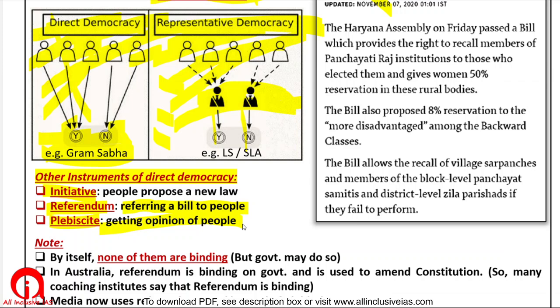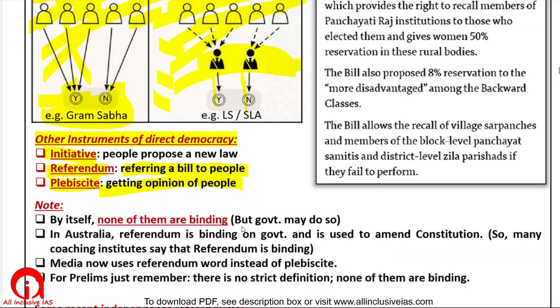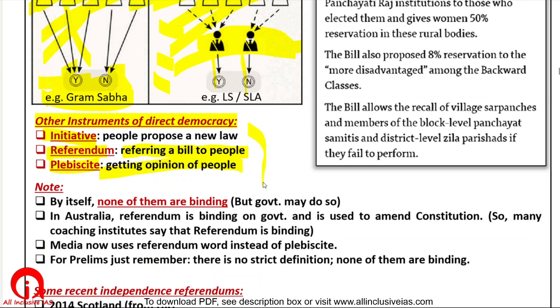Okay, now one very important thing you have to note for your prelims is that none of these things are binding on the government. Some coaching institutes say that referendum or plebiscite or something like that is binding and the other is not binding. That is totally false. Why do coaching institutes say such a thing? Because